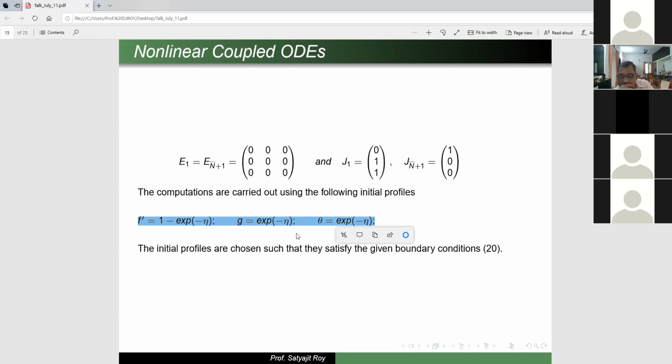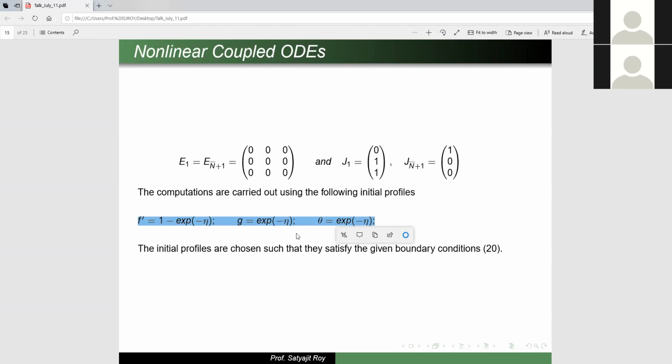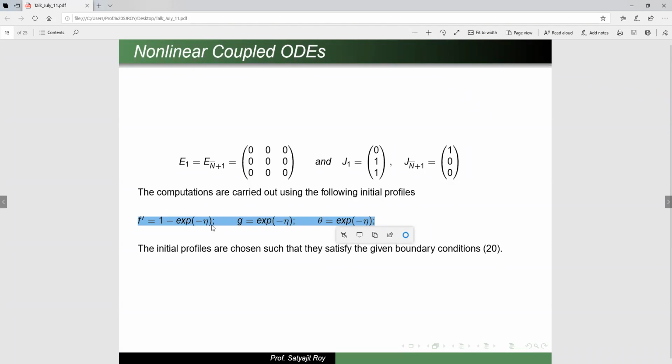And the initial guess is known to people because I am working in boundary layer. I know that it has to go exponentially. So I took an exponential curve. If the same type of equation some electrical person gets and his curve is logarithmic, he will take a logarithmic profile initially, satisfying these two conditions only, 0, 1. See, if I put here eta is 0, then 1 minus e to the power 0 is 0. And when eta is infinity, e to the power minus infinity is 0, so it is 1. So these two are the boundary conditions, satisfying these three profiles. You can take a linear profile, you can take exponential.